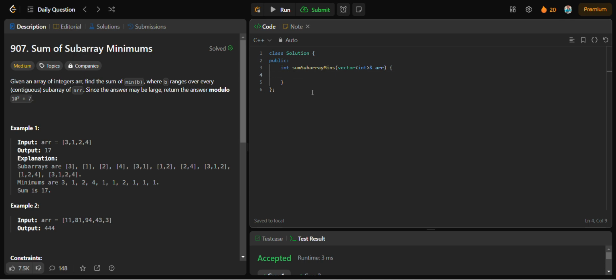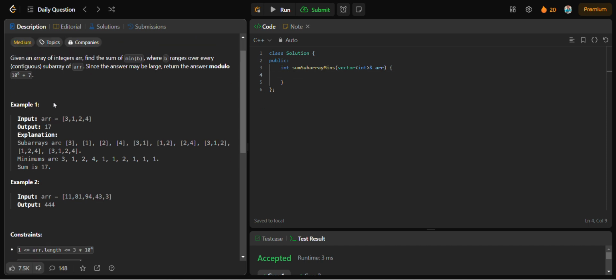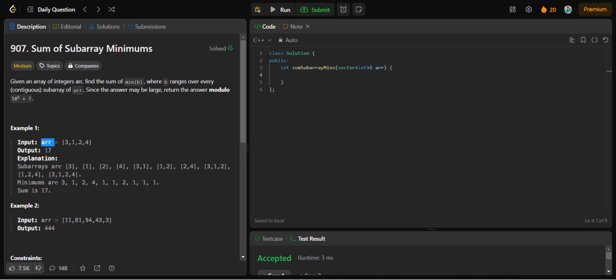Today is 20th of January and we are solving this LeetCode medium problem number 907, sum of subarray minimums. Here they have given an array of integers ARR. We need to find the sum of minimum of B where B ranges over every contiguous subarray of ARR. Since the answer may be large, we need to return the answer modulo 10 raised to power 9 plus 7. So, in the first example, this is the array ARR, and the explanation will be